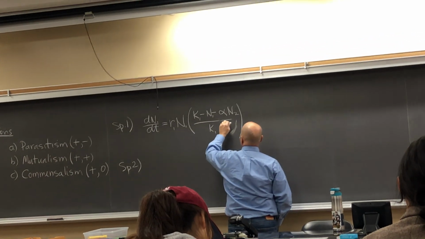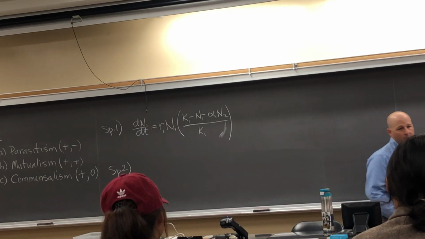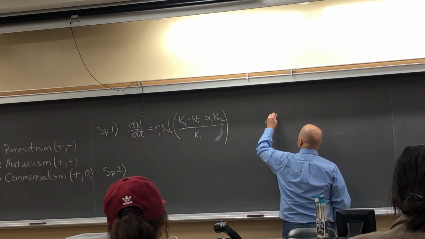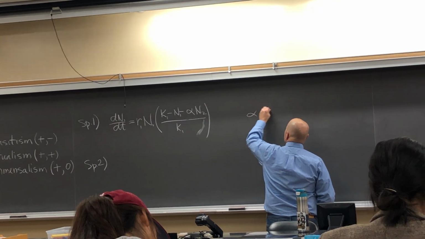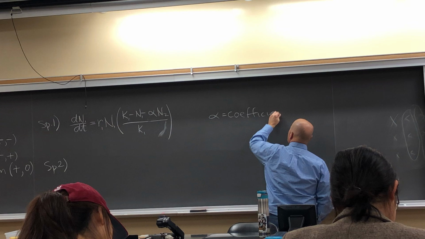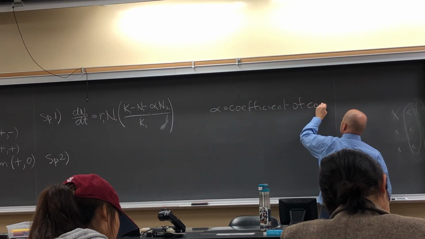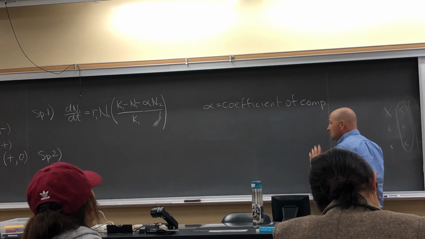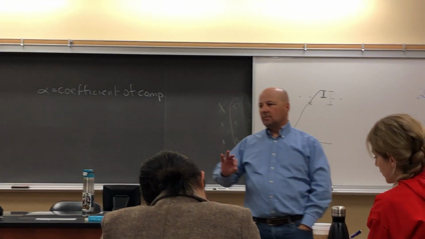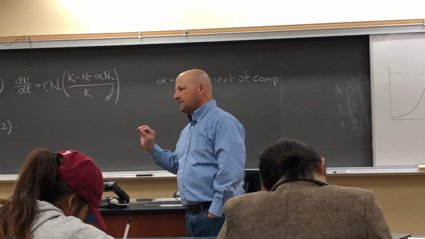We're going to put in a variable there to convert N2 into N1. Alpha is called the coefficient of competition. Basically a conversion factor. So it's usually not this simple, but let's just simplify it and say, let's imagine that